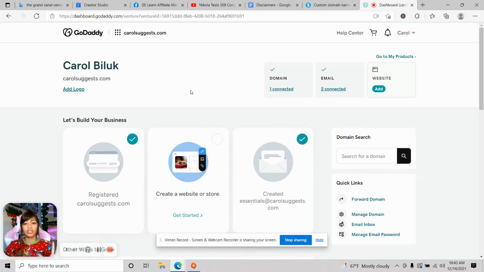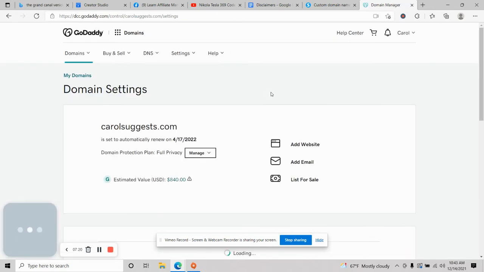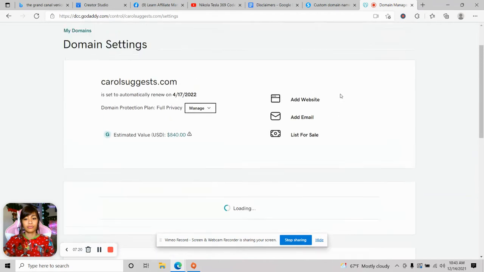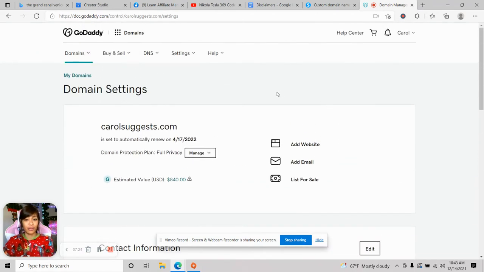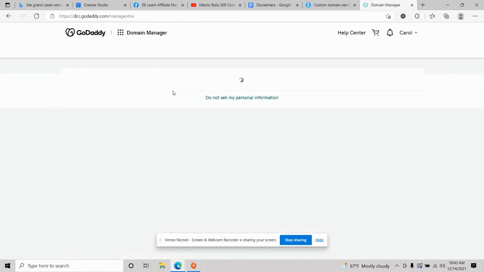Okay, once you're in the dashboard, you're going to click on domain. It's this one right here, and in domain, we're going to edit the settings. Okay, we're going to manage and make changes to the settings. So we're already in domain settings. What you're going to want to do is go up here to DNS, click the drop down and look for manage zones. Okay, you're going to click on manage zones,